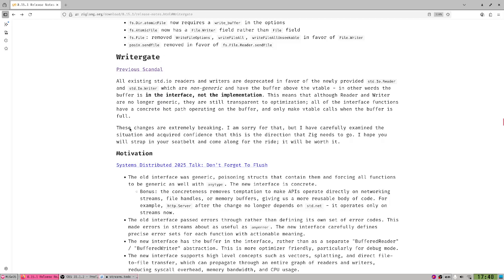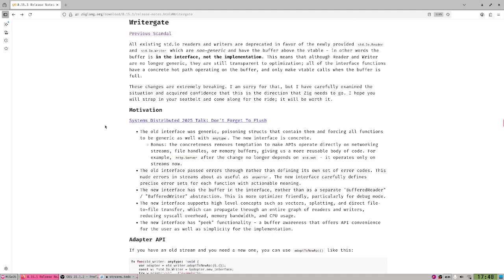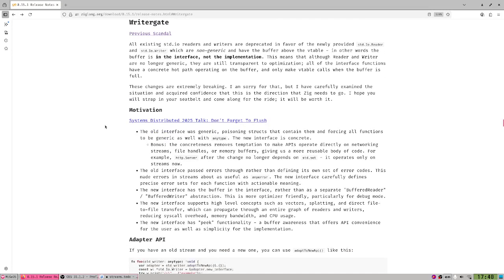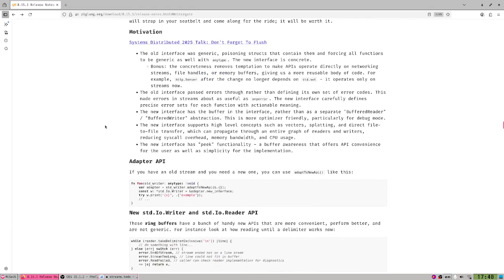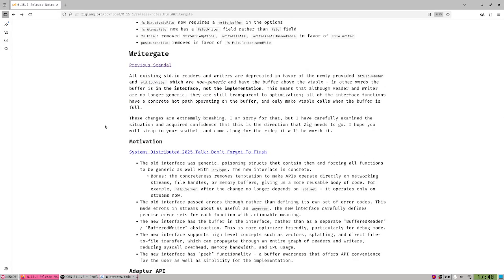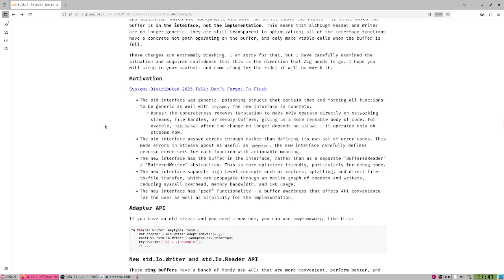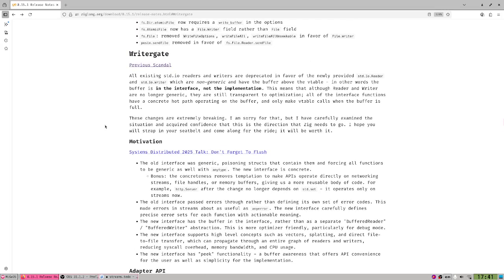Okay, so in short, writer and reader have now become interfaces instead of being like stdout and stdin, for example, for writing into the console and reading from it. Those were completely different things: file writers, console writers, network writers. They were all completely different. And now they all rely on the writer interface. So behind the scenes, there's an interface which you can adapt to your needs.